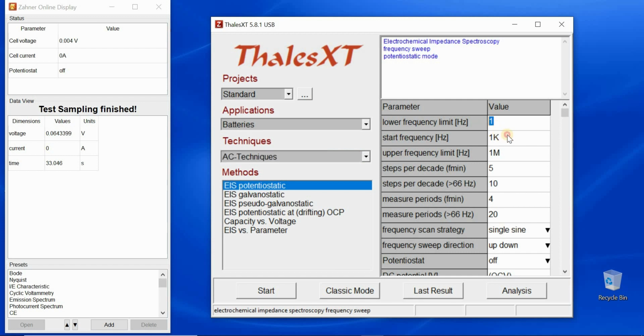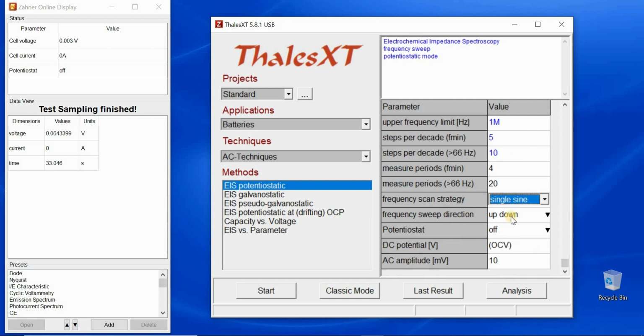I can give again the lower frequency, the starting frequency, the upper frequency, the step per decades for the lower frequency value and step per decades for higher frequency values, and so on and so forth. If the values are good enough, they will be marked in blue. So you can choose if you want to have single sine measurement or multi-sine measurements, and for easiness we will stay with the single sine measurement,